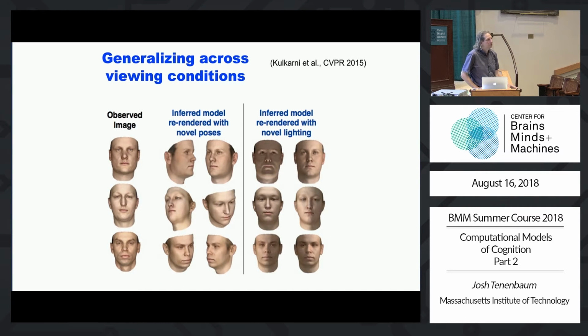So here's other examples, where I'm taking a face and then I'm imagining what it would look like under different viewpoints or lighting conditions, which I can do because I've inverted the graphics engine. Okay, so this is a way to richly perceive faces beyond just classifying them, but to actually see their real underlying structure, what you might need for, say, really understanding somebody's emotions or their health, or in mate choice or other kinds of things. A lot of social interactions are going to require a rich 3D perception of the details of the shape and texture of a face of somebody that you've never seen before. Okay, and we think these kinds of things are necessary, or at least very valuable for doing that.